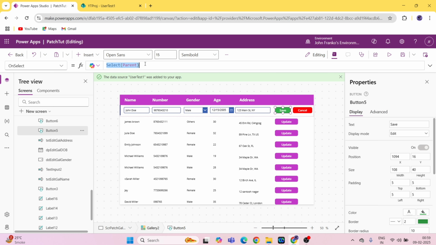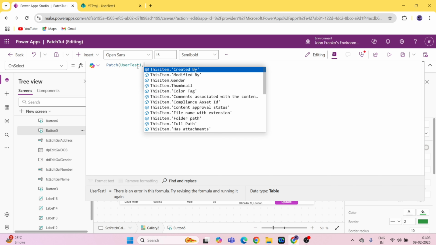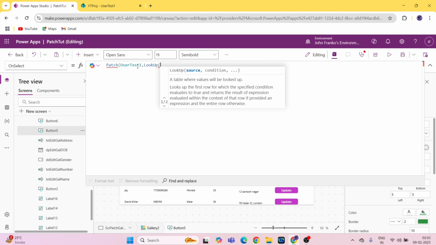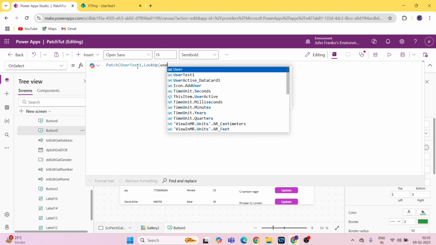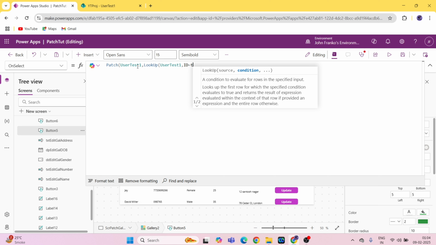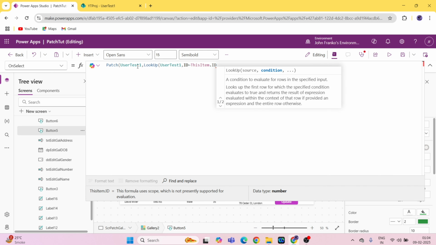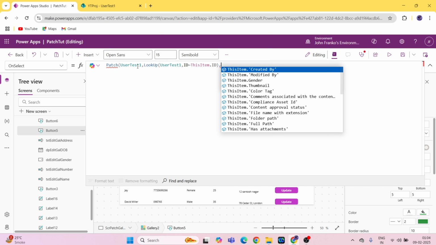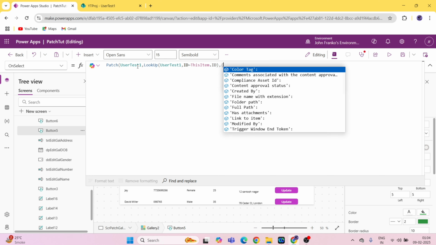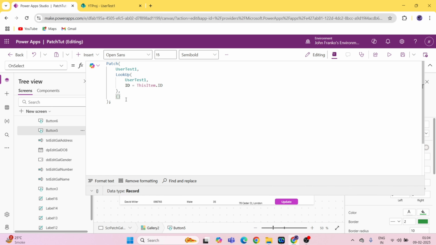Now we will write the patch function. So patch user test1 comma lookup user test1 comma id is equal to this item id. I will close this one. The next step, curly bracket open close, round bracket close. I'll format this and we will start with the